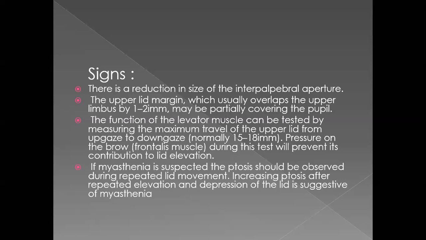जी जी, उसमें ये है कि the surgical techniques are basically 3. One is tarsal plate resection, the other is levator palpebrae resection, and the third is the frontalis sling suspension. Okay, frontalis sling suspension. These are the 3 surgical techniques. If the patient is having mild to moderate ptosis, we go for the tarsal plate resection or the levator resection. Okay? If the patient is having severe ptosis, we directly move for the frontalis sling suspension. ठीक है?